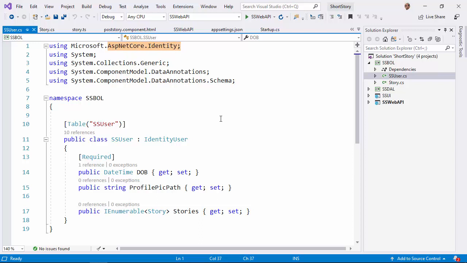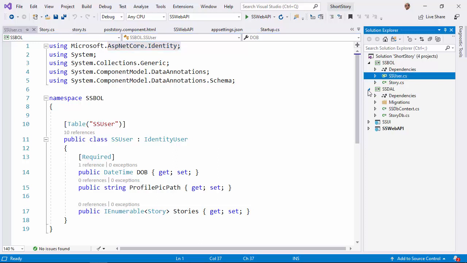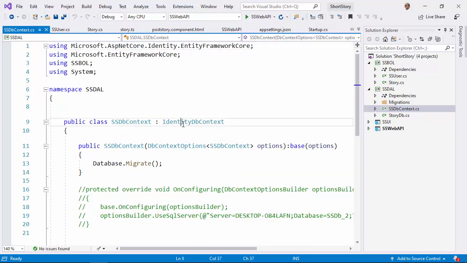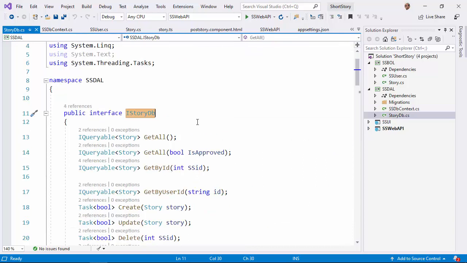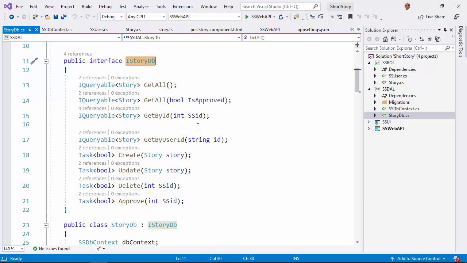So our business object layer is separate, and data access layer is separate. Our DB context, identity DB context we are using. We are implementing a repository pattern, and that too an asynchronous repository pattern.